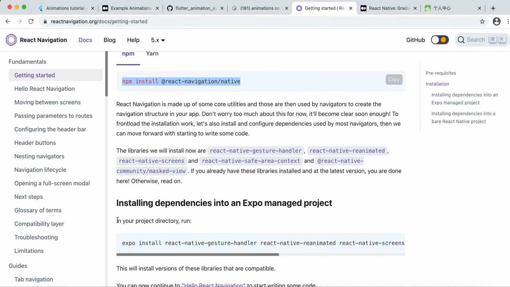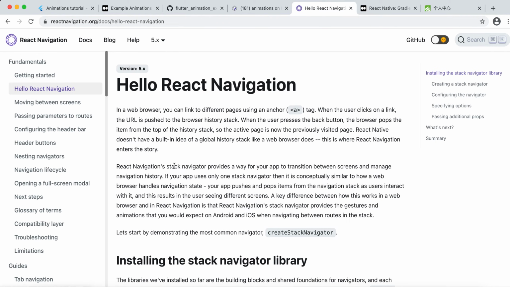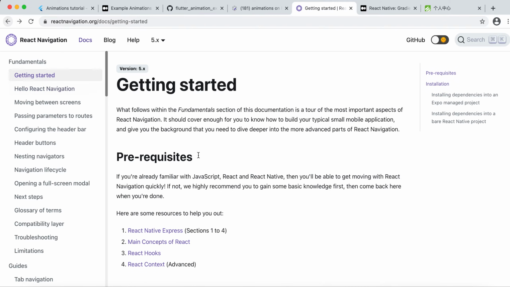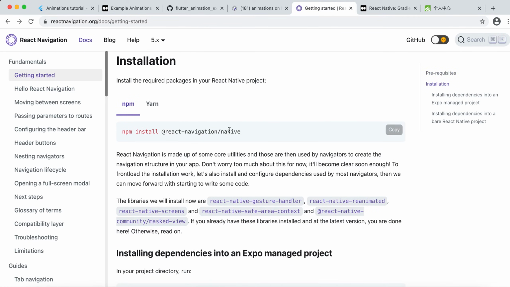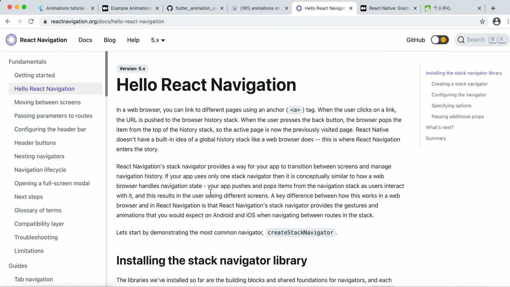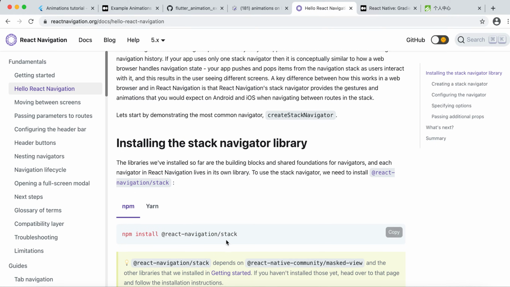I have done it. And the next one, if you are using Expo, you should use this one. Go ahead, copy paste and run it. And once you are done with this one, you need to come over here and install the last one in our case, which is navigation stack. The earlier one was navigation native. So this one actually downloads the core component for navigation, and this one just downloads the